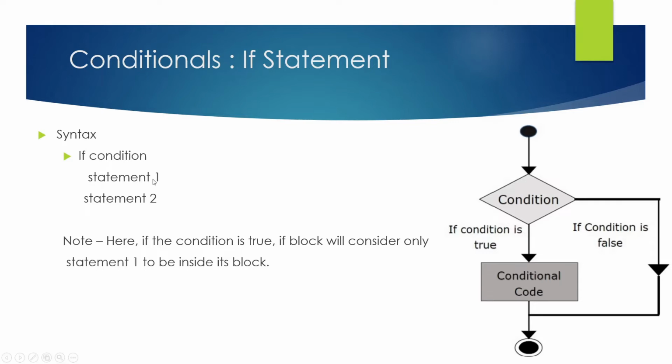You can see that it looks like a simple statement 1, statement 2, but there is an indentation over here. Indentation matters a lot in Python. If you do not pay attention to it, your results can be different, or your program won't even run. So make sure that the indentation is perfectly fine. That's why I told you that you can use Visual Studio Code, because it takes a lot of care of the indentation part, and without even executing the program, it will tell you that the indentation is wrong and there is something wrong with your program. So this will help you. Anyway, on the note side, it is written that if the condition is true, the if block will consider only statement 1 to be inside its block. So that's how if works.